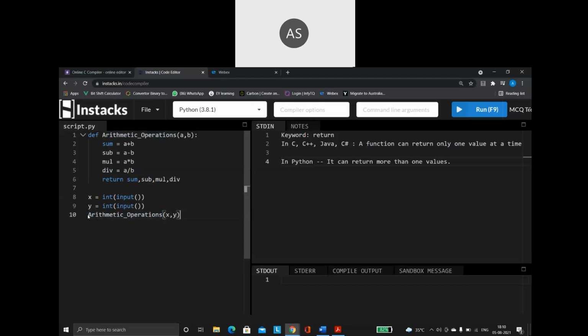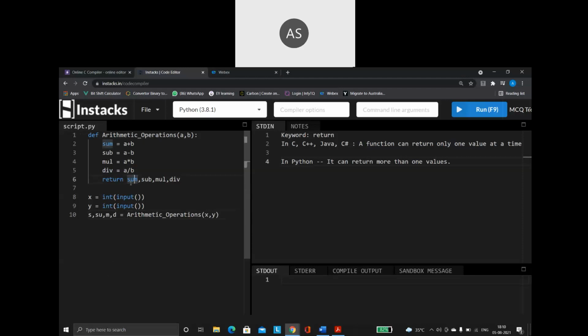So I need something to capture all these returned values. How many values are being returned? 1, 2, 3, 4. Four values I'm going to get. So see what I'm going to say: s, comma, su, comma, m, comma, d is equal to the function call.